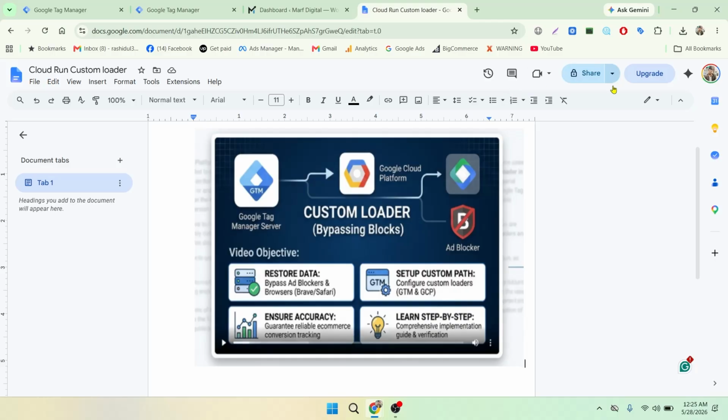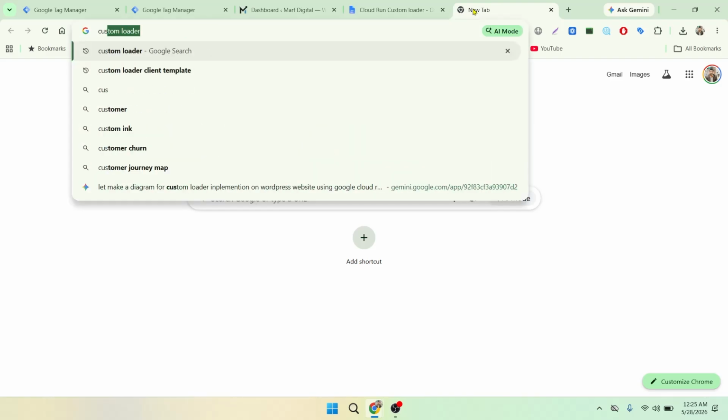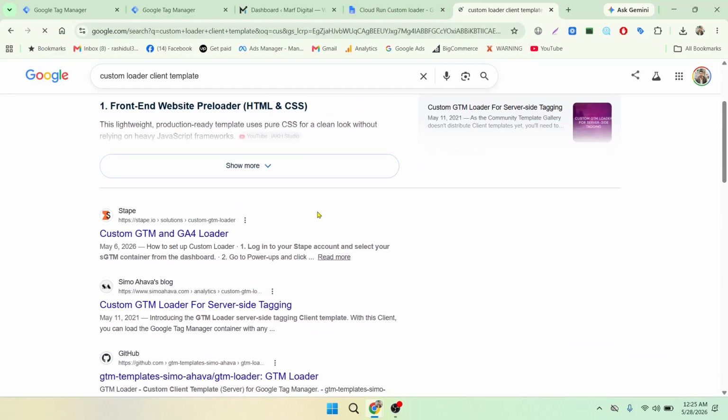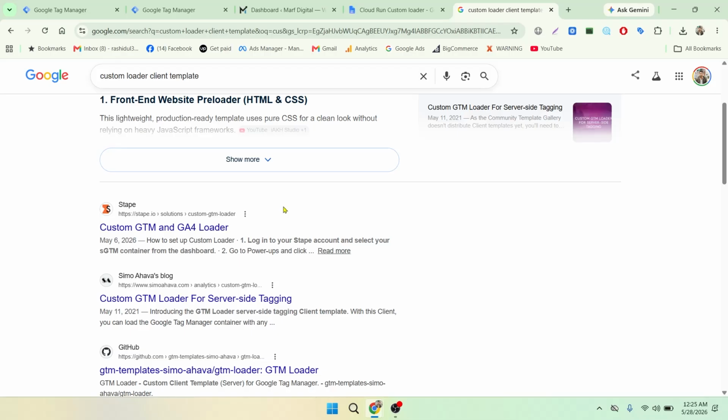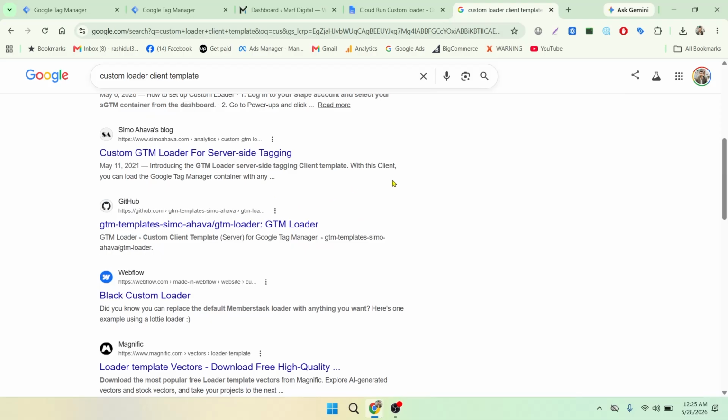That's why we will first go to Google and search for custom loader client template, and you will first see the top one. I have already shown this in another video. In this video, we will use a custom client loader created by Stape, and we will download this custom